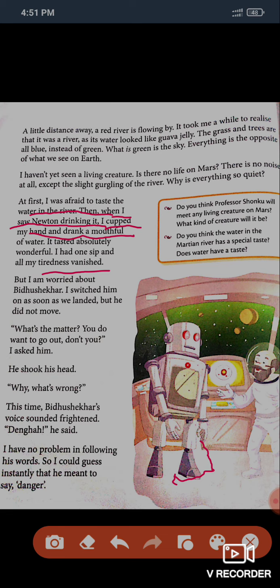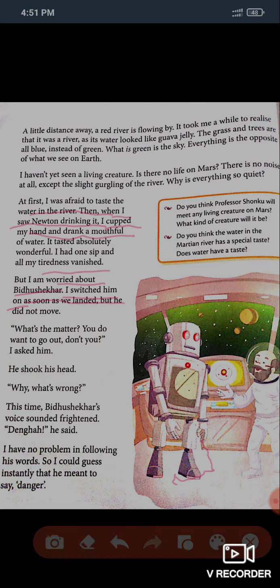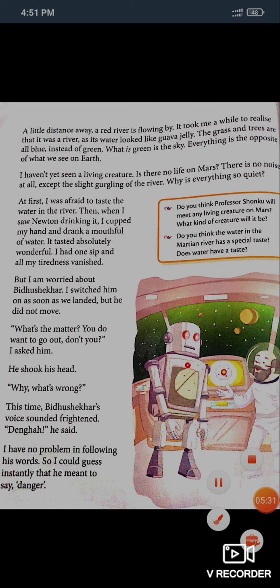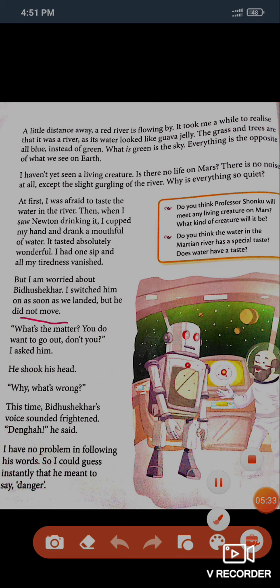Vanished means just gone. But I am worried about Bidhushekar. Because Bidhushekar is a robot, I switched him on as soon as we landed, but he did not move, or show any kind of reaction.